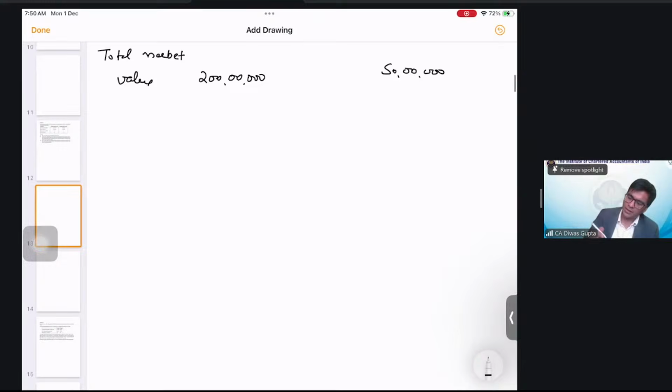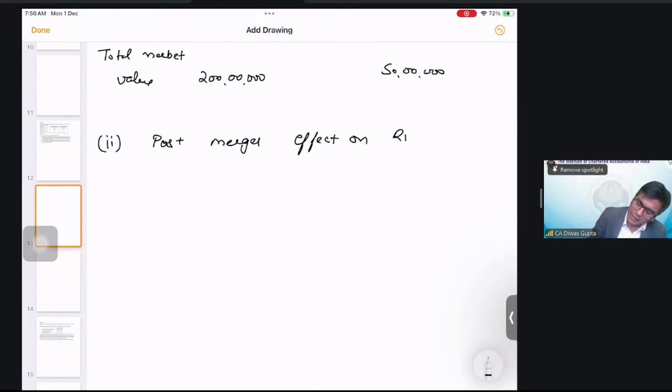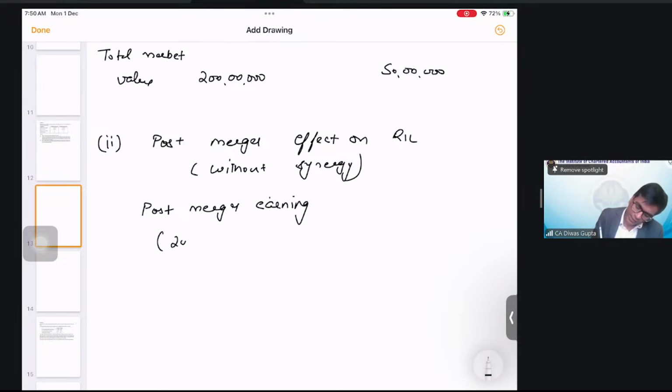The post-merger effect on RIL, let's discuss about it. This is without synergy. Okay. So let's talk about the post-merger earnings of both RIL and SIL. Post-merger earnings will be 20 lakhs